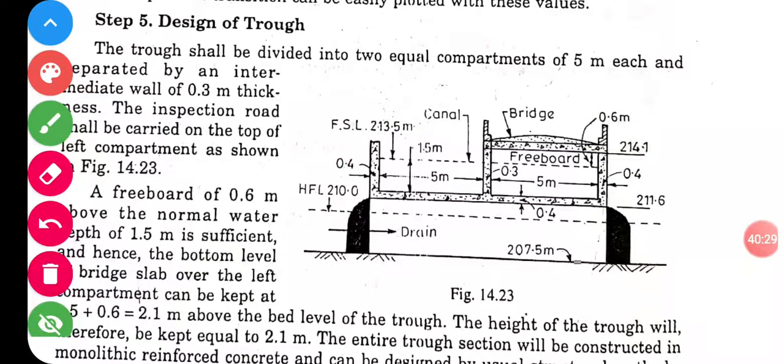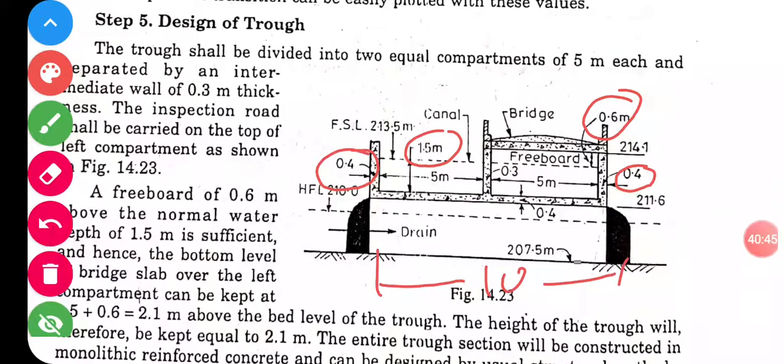Once again I am telling you, you have to remember 0.4. All this 0.4 and 0.6, and show the road, and this 1.5 meters given thing. And divide the total width. What is the total width? Total width is 10 meter. This 10 meter is divided into two parts, that is 5 meter and 5 meter. So at 5 meter a road is provided, and at 5 meter the canal is kept open.